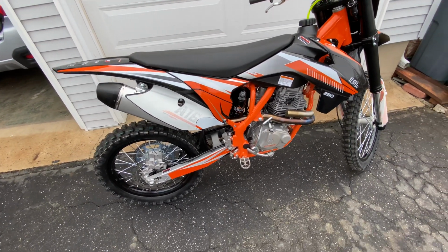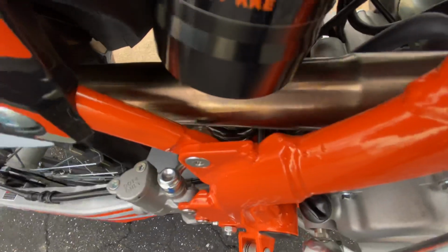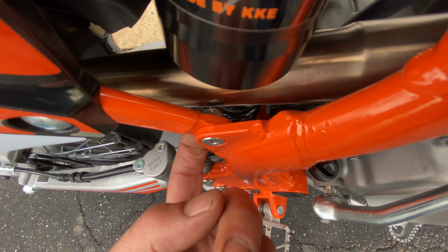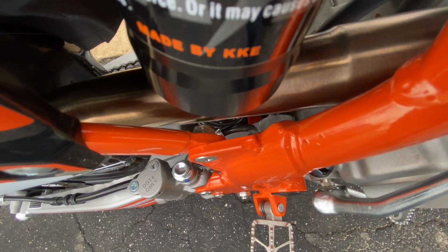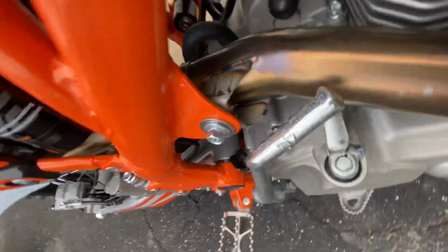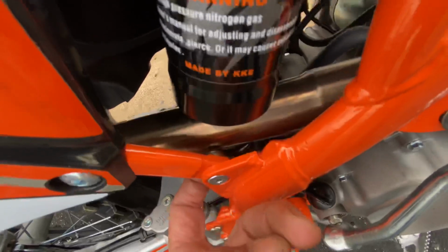I will say another thing I figured out about the bike, but this was way before I even started driving it, and I'm just gonna let everybody out there know that, sorry about this, guys, this bolt right here was resting on this pipe. It looks like it is, but it isn't. So what I did is I released this front header pipe bolt, and I slipped a washer in between there,